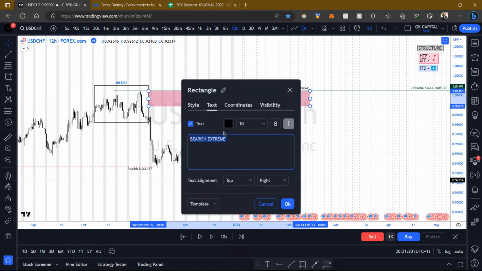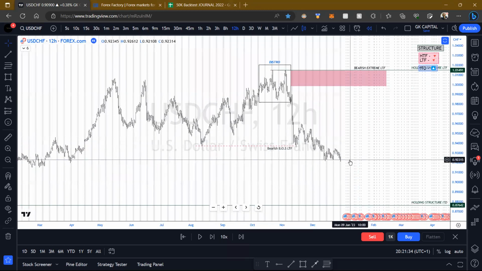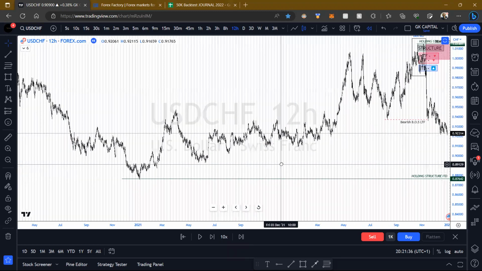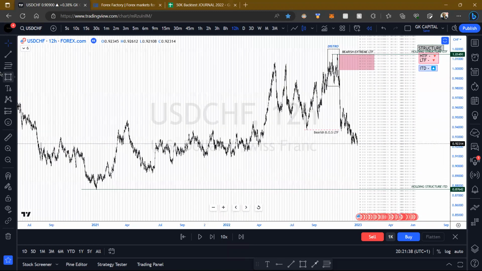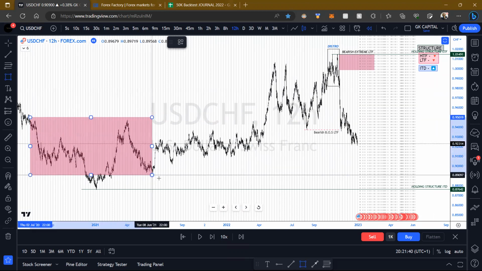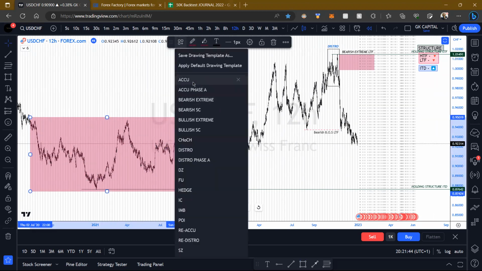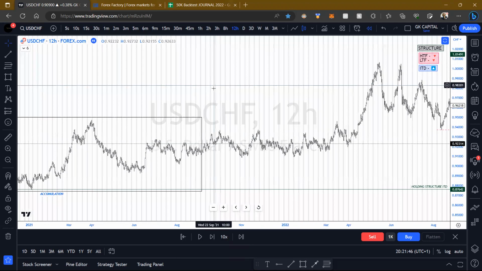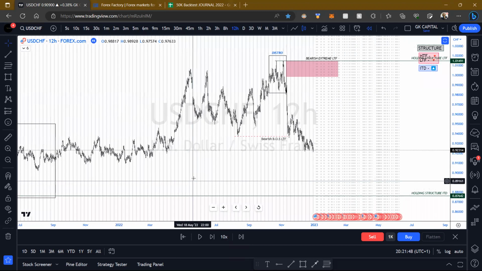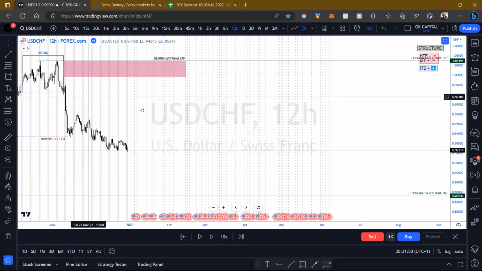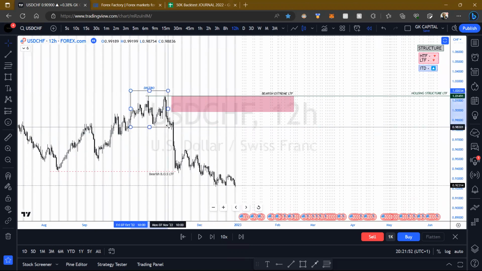Bearish extreme. Lower time frame. Cool. And we're being maintained from here. And we know we've got that accumulation sitting here. Right now, before I get into that actually, I don't really have a slingshot in there. I mean, I do, but I also don't, if that makes sense.